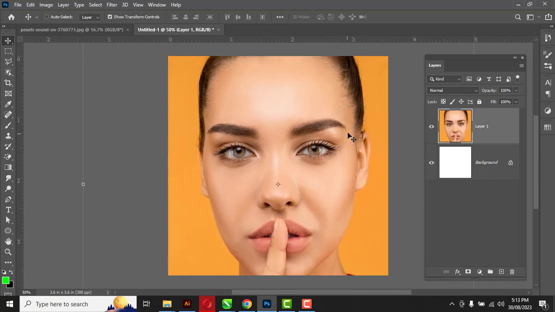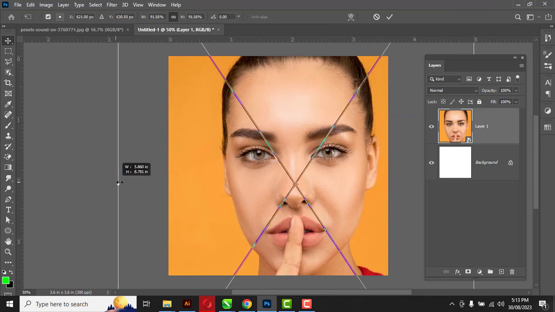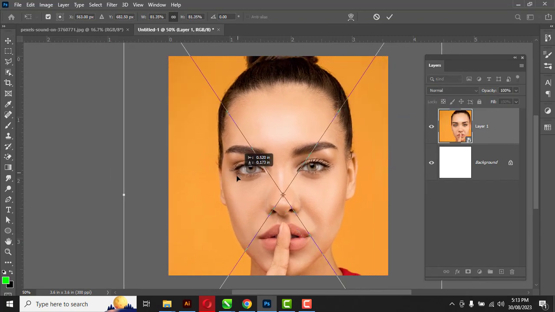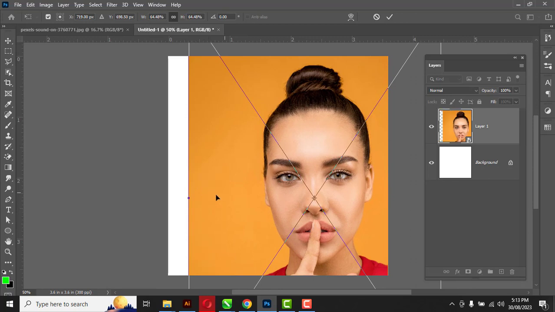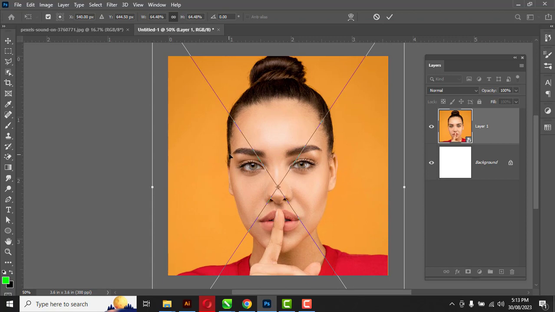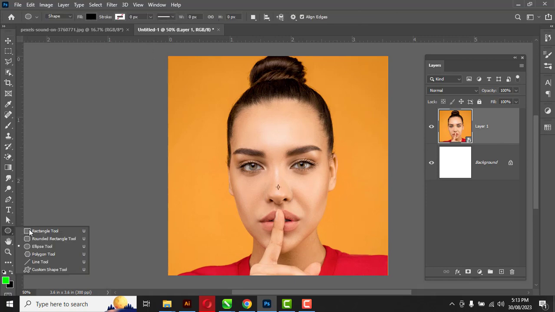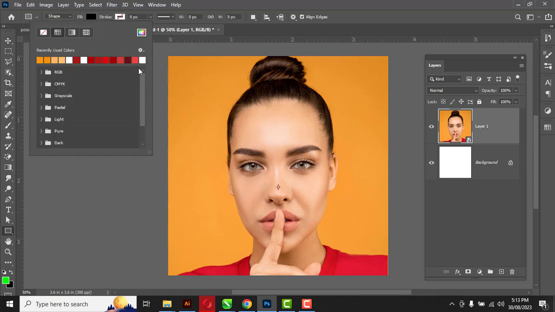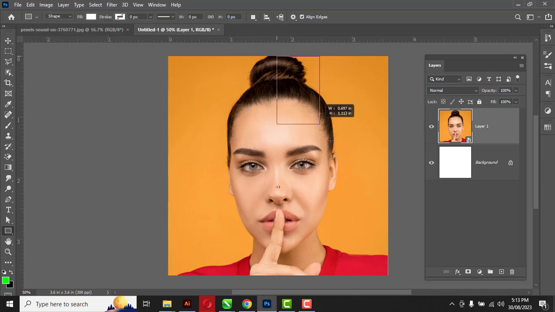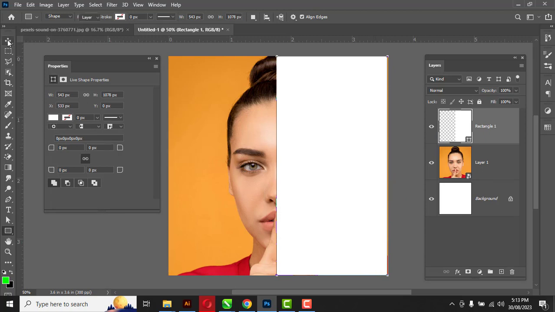Ctrl minus to zoom out, convert to smart object, enter, create the shape, rectangle, fill color white, tool,